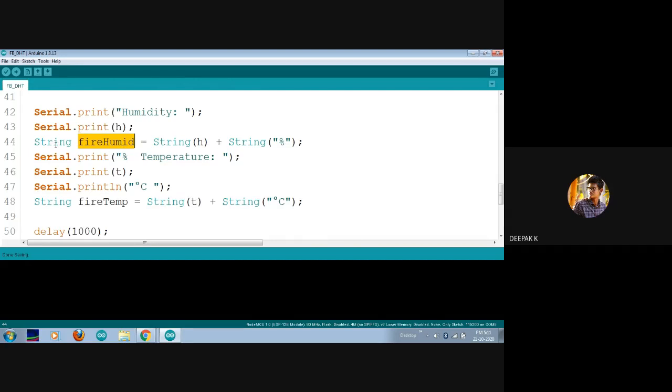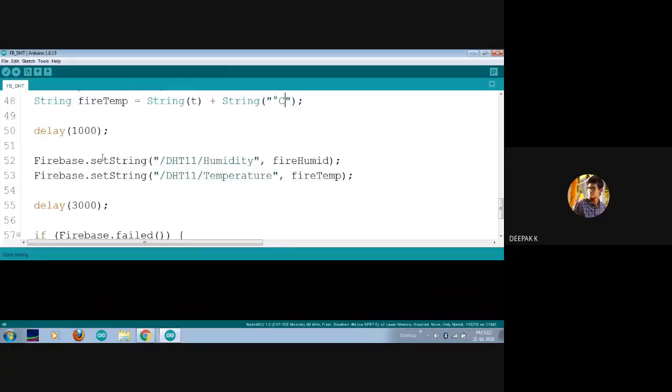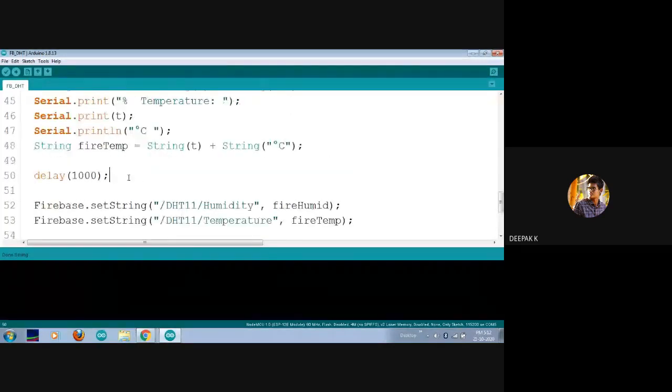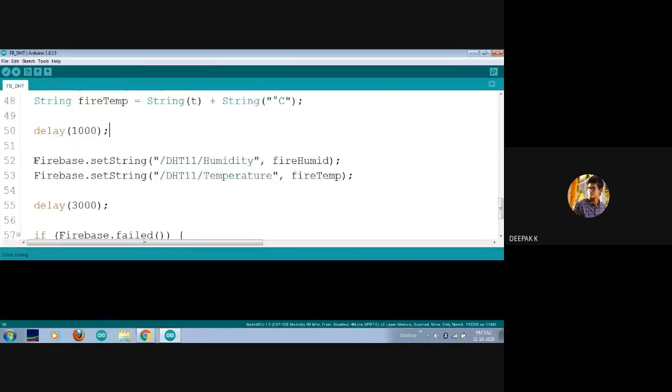In this string variable, we have added the temperature along with the degree Celsius in string format.